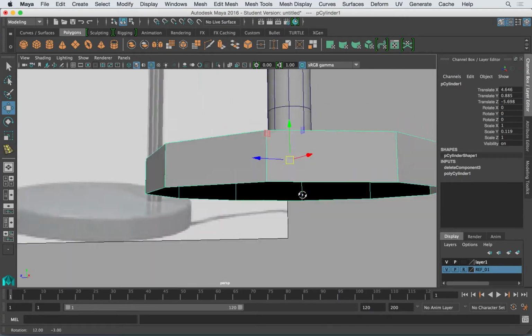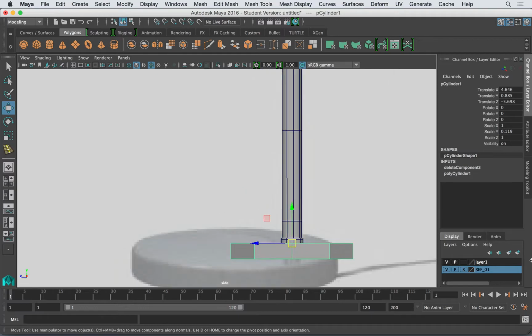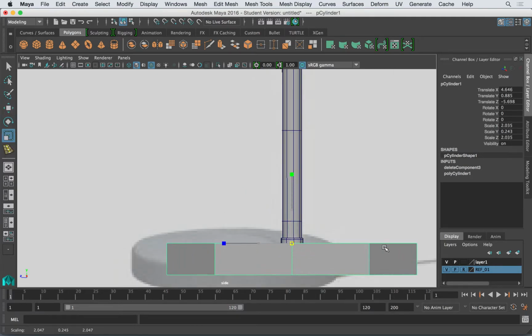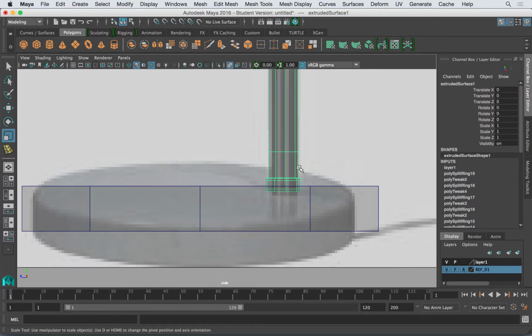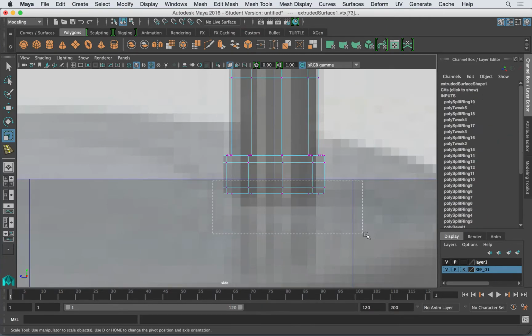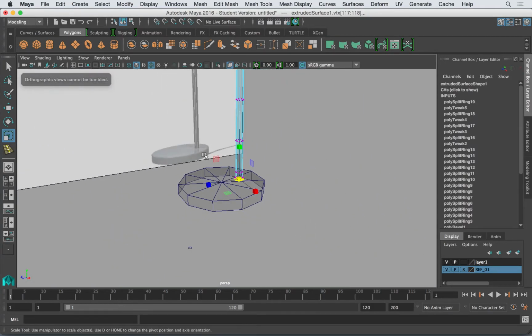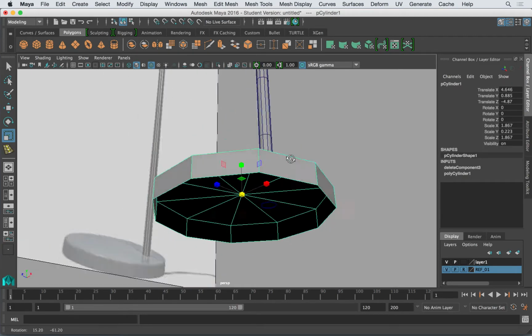Now this is overlapping, so I'm going to go to my side view. And of course this cylinder is much larger, and off to this, something like that. Now if I turn on the X-ray, I can see through, so I need this guy to move up over here. I can also taper it a little bit, just for aesthetic reasons, and then I'm going to go ahead and work on this piece. So that's the base. I need to bevel it,